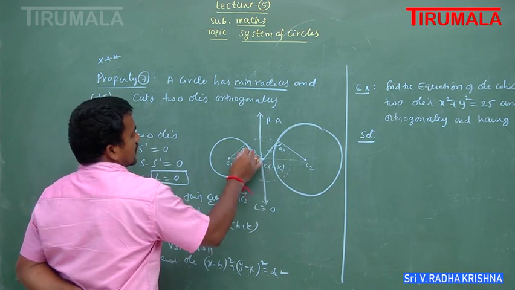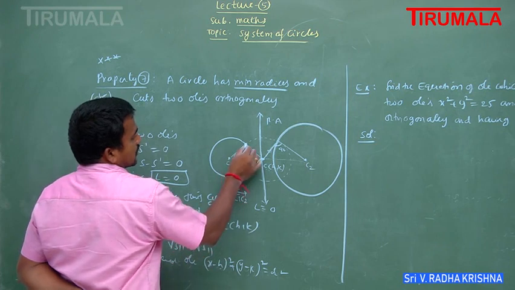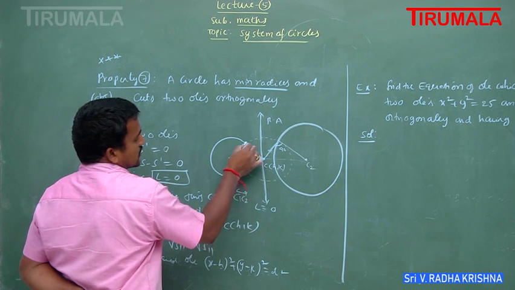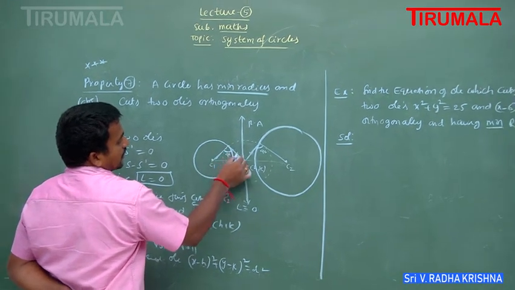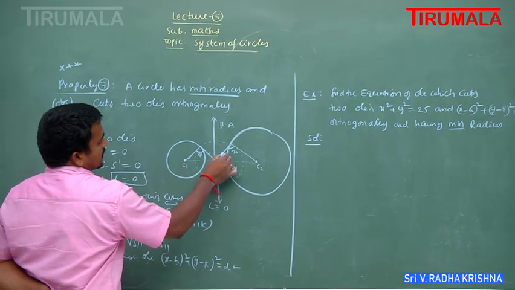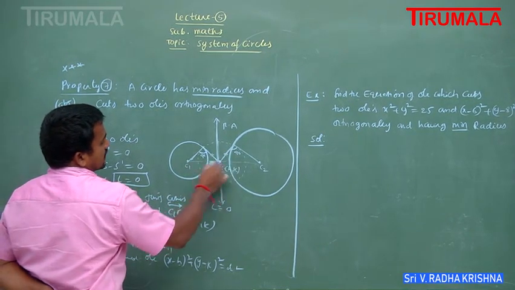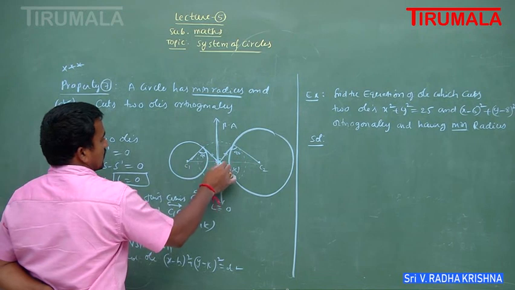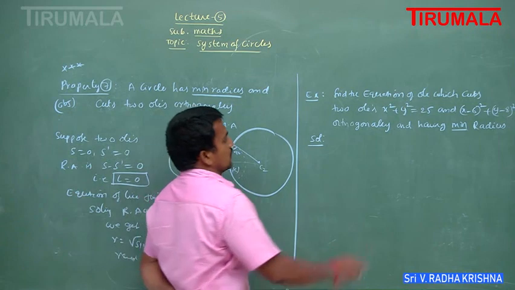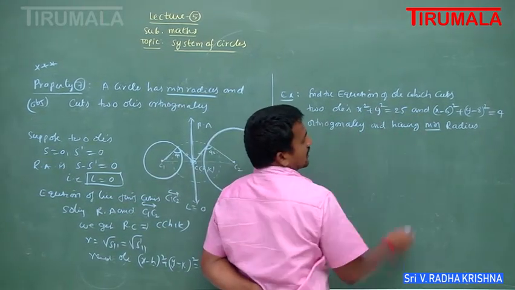The circle cuts the two circles orthogonally. This angle is 90 degrees, because intersecting orthogonally means the angle between the radii is 90 degrees. So this is the tangent, this is the normal. Here, for this point, the power of the point, by the definition of the radical axis, this length and this length are equal. So the point of intersection of the radical axis and the line joining centers is the center of this circle. So the required circle equation is this.